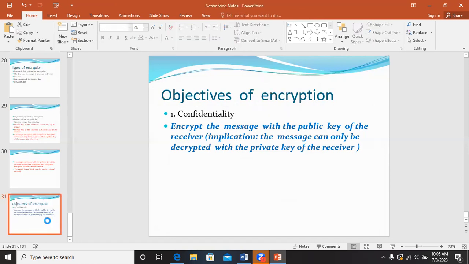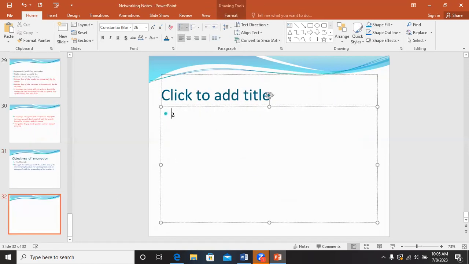But we can do more with encryption. We can also do authentication with encryption. Authentication means you want to verify the sender. So how do you verify the sender? Using encryption. You encrypt the message with the private key